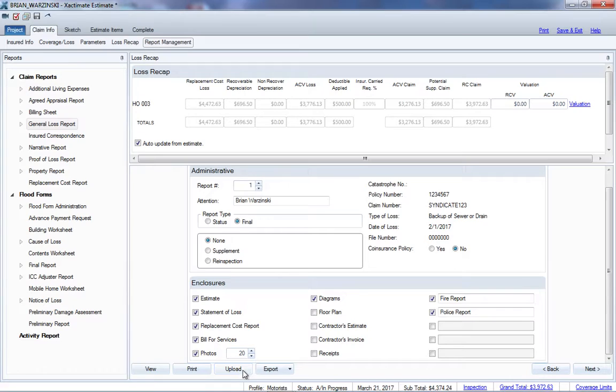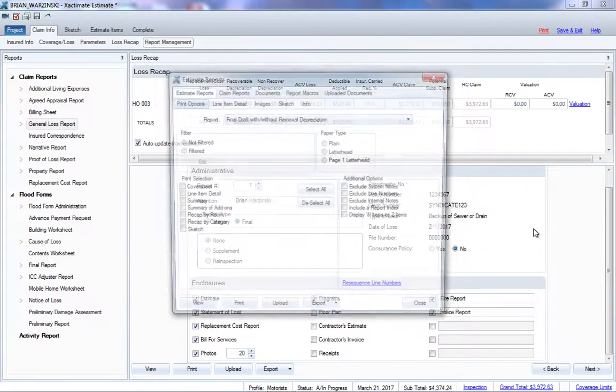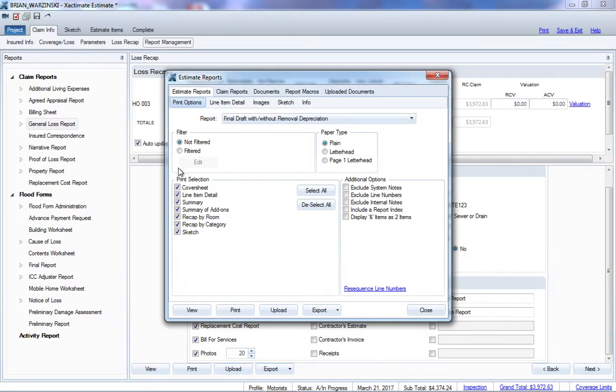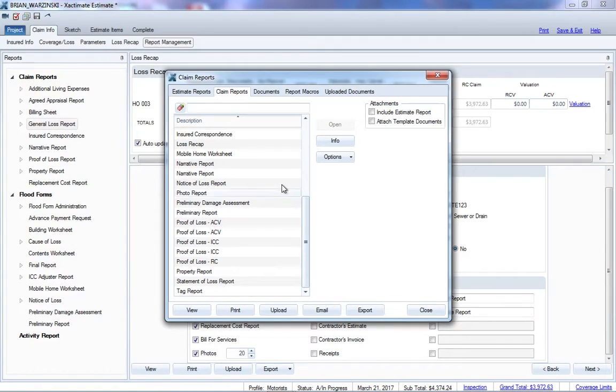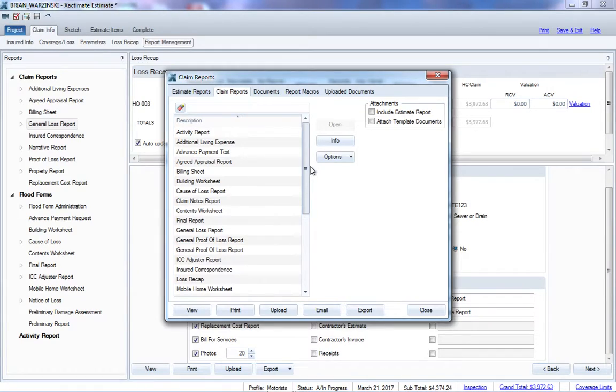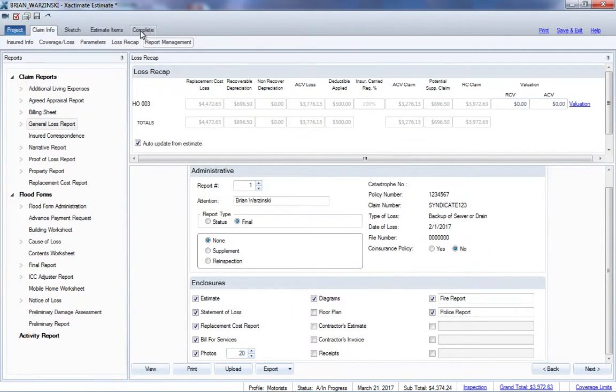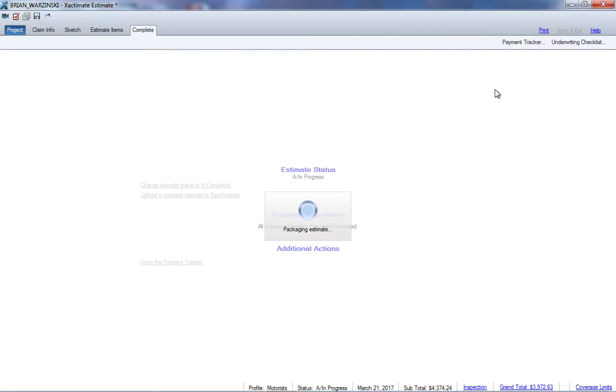Once the general loss is completed and you have viewed it and checked your spelling, you can either upload your general loss at this time in this section. You can click Upload here, or as you're uploading other documents through the print window, you can do the same here. Go to Claim Reports. In the same section where we might upload our loss recap, our photo report, our statement of loss reports, you'll find the general loss reports also in this section, and you can upload it in this section also. Once you've clicked Upload for each of those documents, mark the document complete, mark the estimate complete,